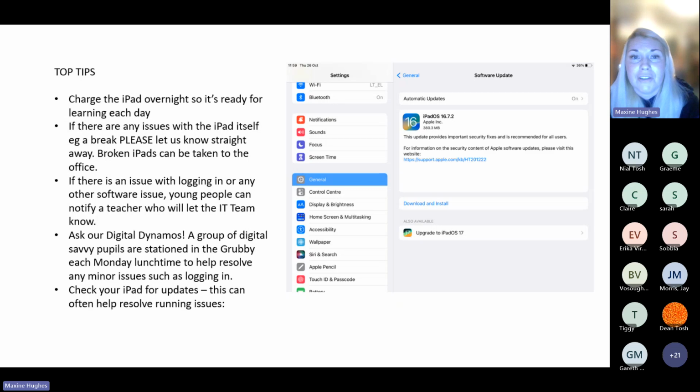We do have chargers around school. I'll tell you what, in terms of the hottest property in the school are iPad chargers and cables. I've had about three nicked from my office because people just value them so much because it obviously keeps you going. The way to get around that problem is make sure you've got your iPad charged overnight so it's ready